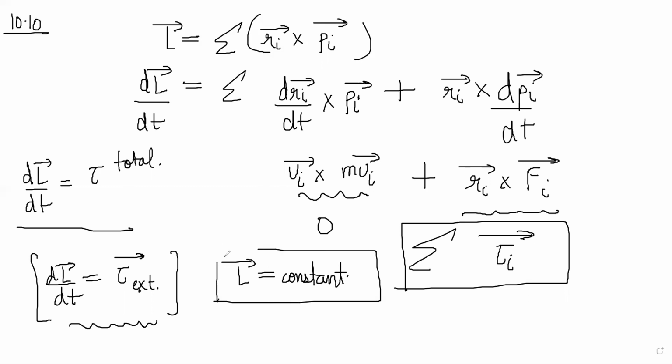You will have to be super careful here, because you have to measure angular momentum only about some axis where you can find zero torque in the whole thing. In the same system, you can look at multiple points, and at some points there might be non-zero torque. We will see examples of this later on. There will be the same system, but from one point there is a torque, and from another point there is no torque. So angular momentum can only be conserved about an axis that passes through a point which has no external torque.